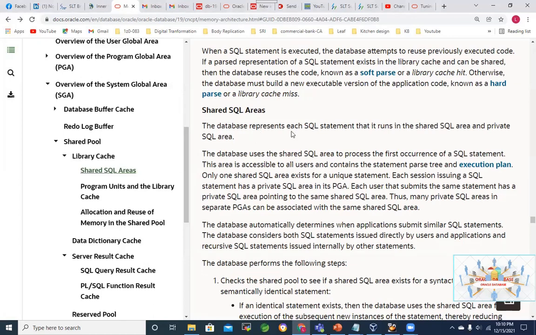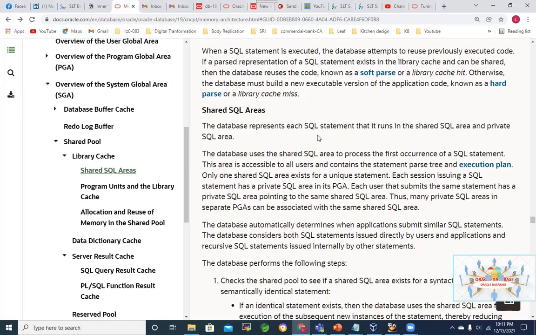The database represents each SQL statement that it runs in a shared SQL area and a private SQL area. So we know in a dedicated environment, each server process is going to have its own PGA. Per connection, per session, there will be dedicated services, so the private SQL area is going to be located within the PGA. We have learned that earlier.